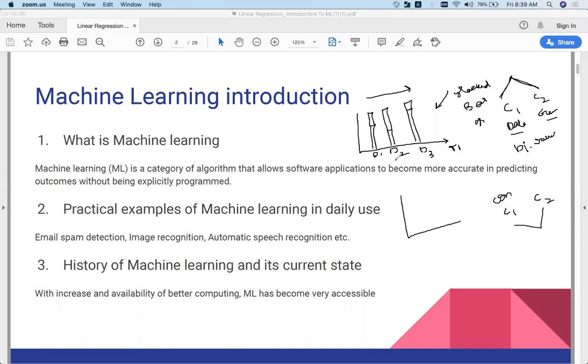Yes, money. As the days are increasing, maybe not. There is no clear pattern here actually. But here, let's say if you do a scatter plot, the scatter plot comes like this. Let's say this is your age, and let's say this is your height. Now what does this give you?